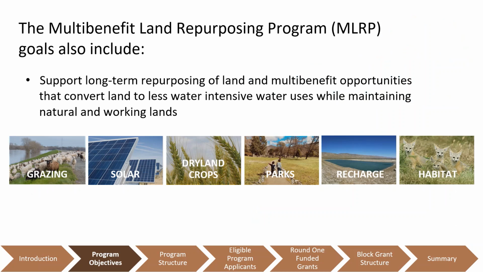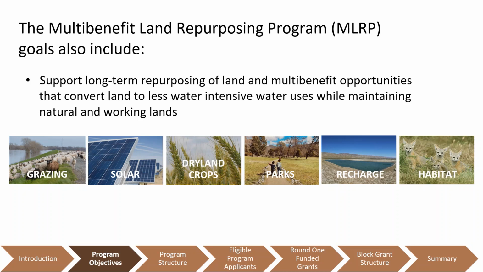The Multi-Benefit Land Repurposing Program, or MLRP, goals also include supporting long-term repurposing of land and multi-benefit opportunities that convert land to less water-intensive uses while maintaining natural and working lands, rewilding landscapes, including through the creation or restoration of habitat such as pollinator, wetland, upland, and riparian habitat, creation of multi-benefit recharge areas, restoring floodplains, transitioning irrigated land to dryland farming and non-irrigated rangeland, transitioning to less water-intensive crops, including for native seed production, planting cover crops or